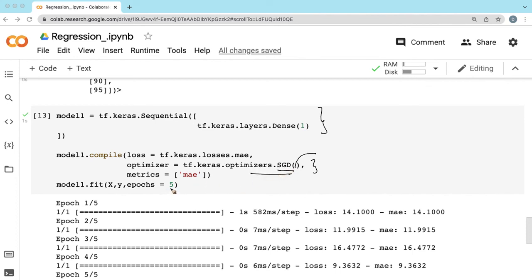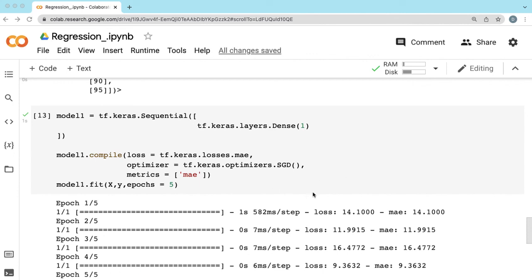In step 3, in order to improve the model, we can train it for longer and on more data, right? The data here is hardly 18, 19 values we are giving. So we can increase the size of the data set X and Y. And the other thing is we can train it a little longer. We trained it only for 5 epochs. We can make it 50 or 100 epochs, right? So we can improve the models by altering any of these steps, or we can try to alter all of these steps. Okay, so now let's try to